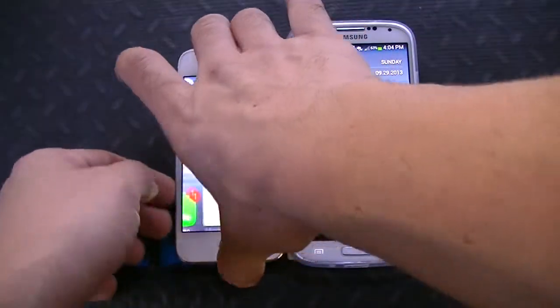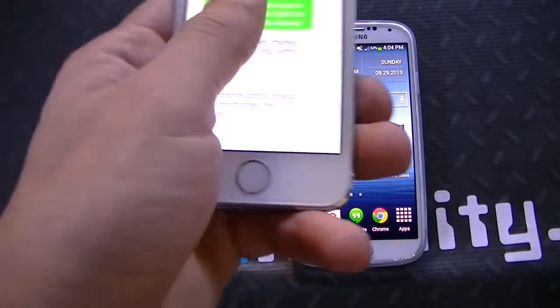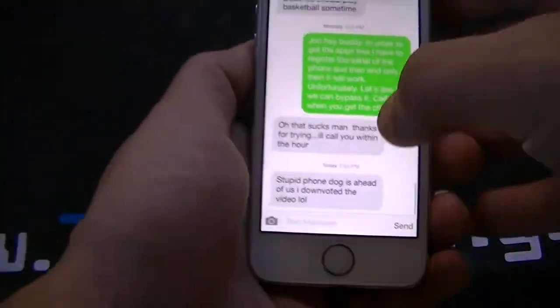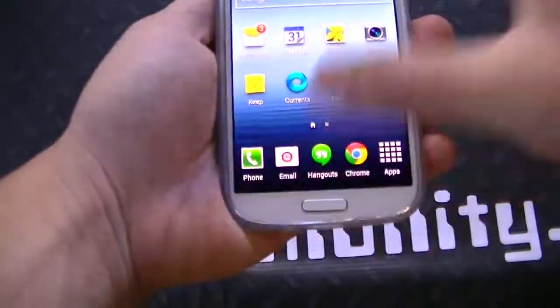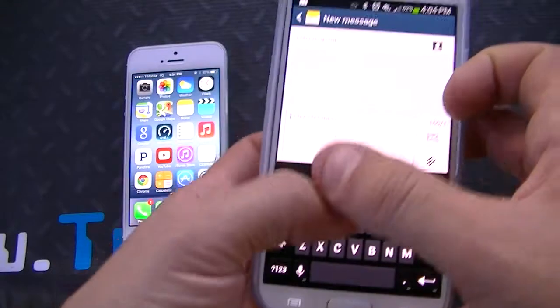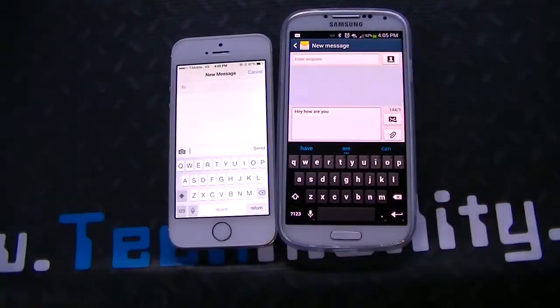Actually, let me show you guys something with both of their messages. I haven't covered the messages here. You can see you can do the timestamp here. If you just swipe over that way, you can get a timestamp of it. You can swipe up, swipe down. Obviously, again, you can gesture back. Right here with Android, it's similar. You got the keyboard. Actually, let's do a keyboard test while we're in there. So there are both their respective keyboards.